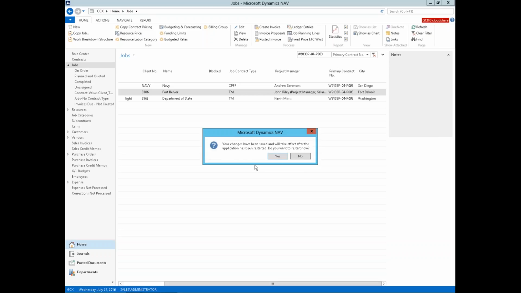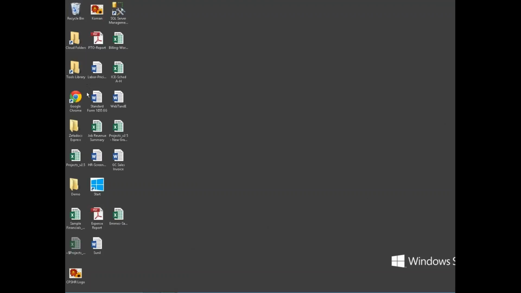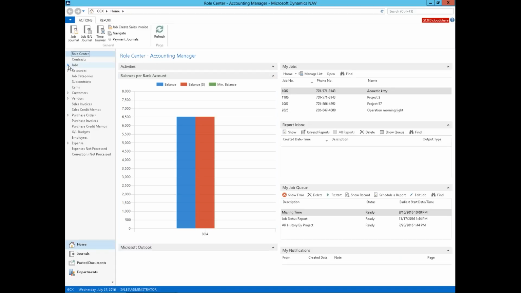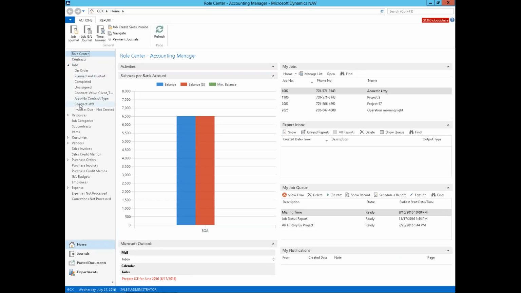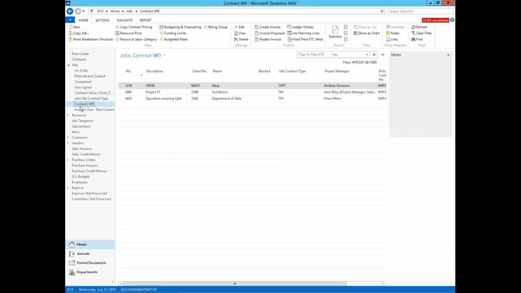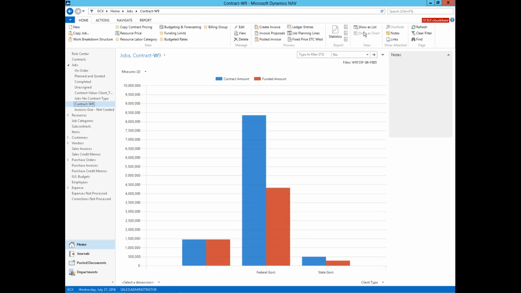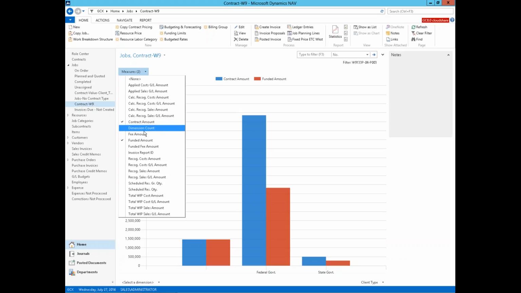contract-W9. And once I say OK, what's going to happen is over on that left-hand side, I have a filter. And now here's my contract W9. So if Damon added a new job that leveraged that contract vehicle, now it's on my list. So it's great that I've got this list of contracts, but maybe I want to turn it into information. So now I click Show as Chart, and I can do things like saying, let's see how much